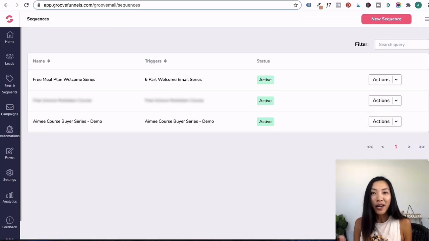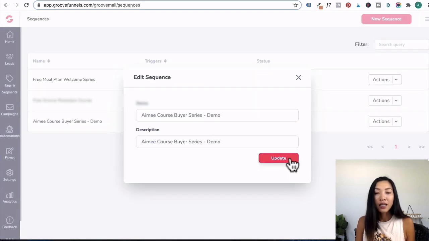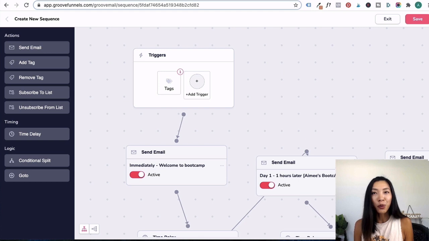In this example, I've created an email sequence to follow up with people who registered for the free bootcamp course, and I'm trying to promote the paid funnel and traffic course. I'll go in here and click on edit, click update, and to get straight to the point, I'm not going to show you how to set up email sequences here because that was covered in GrooveMail Part 2 tutorial. This sequence will have a starting rule of Amy Funnel Bootcamp tag.